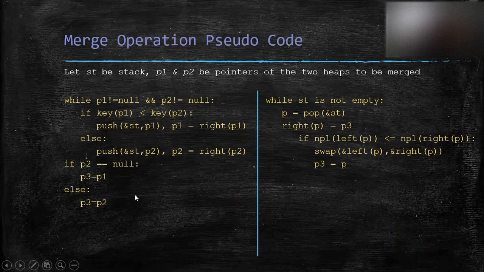right of that child. The last process node, which I mentioned, is if P2 reaches null, then the last process node will be P1. So if P2 is null, then my last process node is P1, else my last process node is P2. Now one by one I pop a node from the stack, and I make the right of that node the last process node. And if the second property of the heap gets violated, then we just swap both the children.